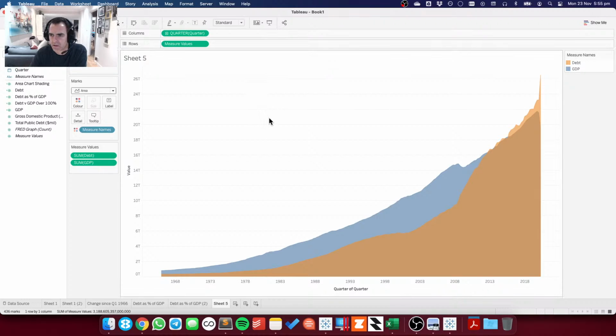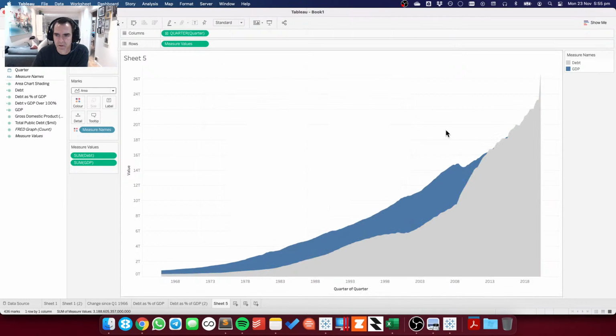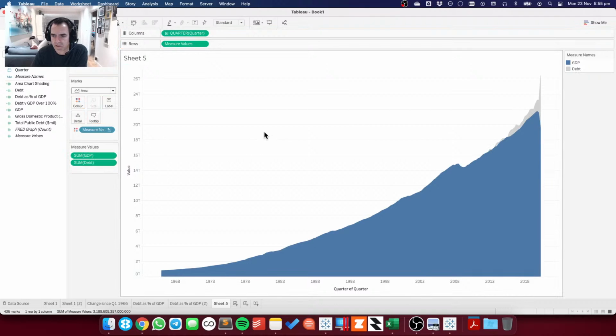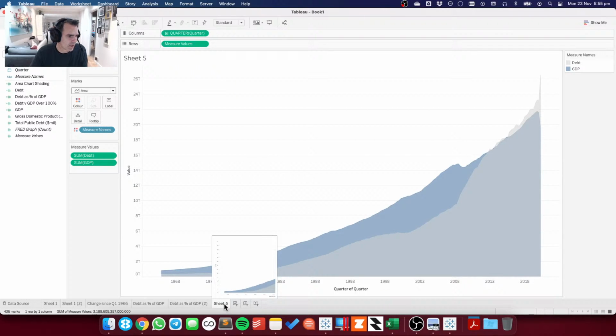And then what I could do here is if I make that 100%, and let me swap the order. Let's see, so if I make the debt color a gray, what does that do? Okay, so that's going to do that, and then I want to reverse the order of them, and that doesn't help. I was wondering if it might show through, maybe if I put the opacity back on. Okay, yeah, that looks terrible. So we won't do that.